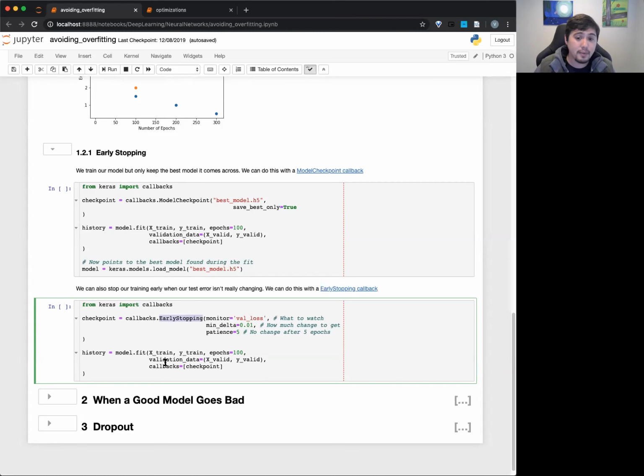The same idea here is basically this will go for 100 epochs unless, in this case, patience is 5, min delta is 0.01, and it monitors the validation loss, which basically tells us what to watch. It will try to go for 100 epochs, but if for 5 epochs the validation loss doesn't change by at least 0.01, then it's just going to stop there. So at the 50th epoch, if the validation hasn't changed that much, at least this delta we're looking for, for 5 epochs, it'll just stop it. At the 55th epoch it goes, you're not changing anything anymore, so we're just going to stop the model right here. This way you can avoid wasting extra time when you're basically just overfitting.